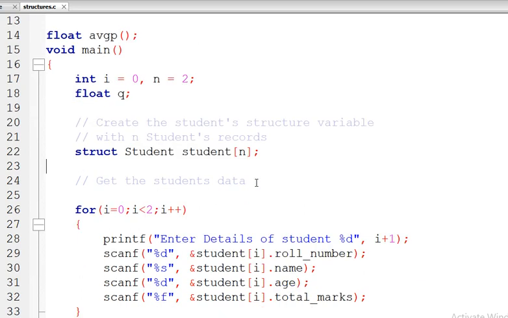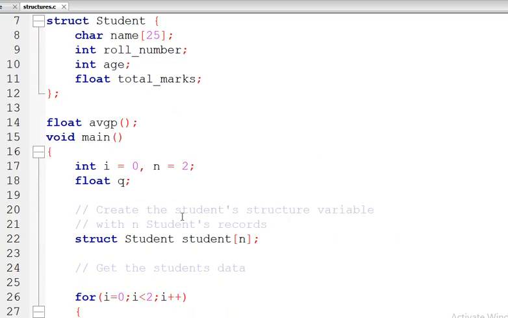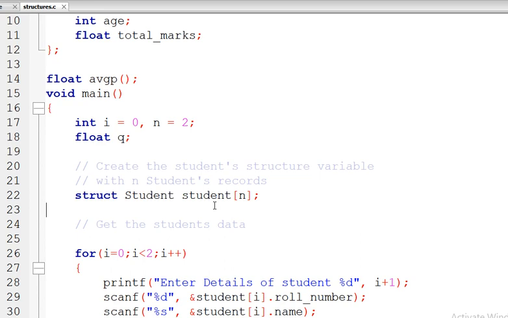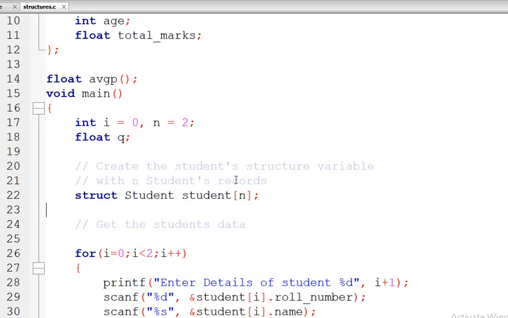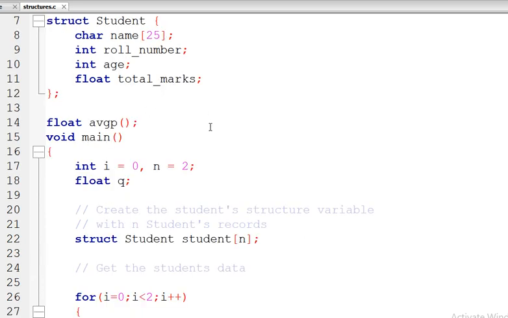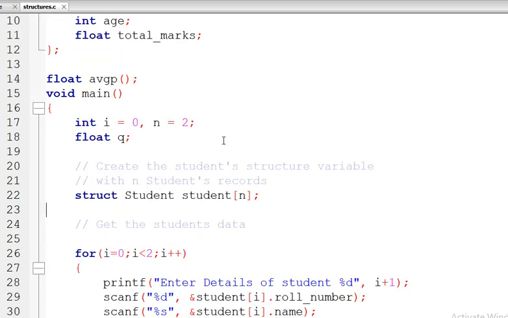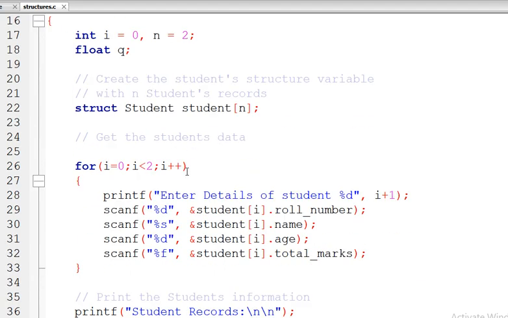So far we have just created one new data type of type structure, and we have declared the corresponding variables. But inside this particular structure there is no information. So we need to fill this structure. It's like we have created one table, but in that table only the header attributes are there, and there are no values corresponding to those attributes. For that we can use our standard scanf operation to take values from the user, but the important thing is the